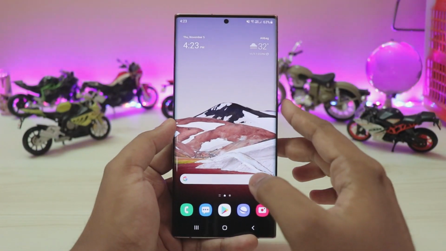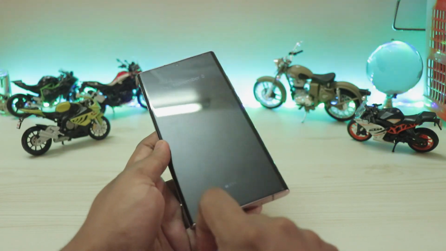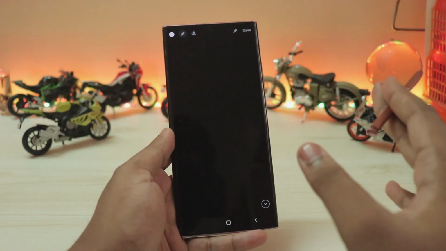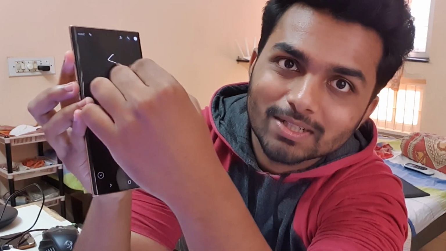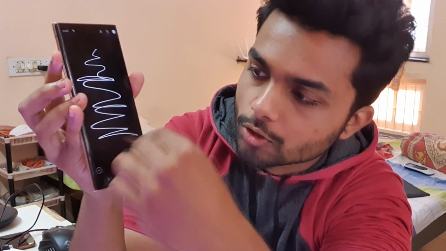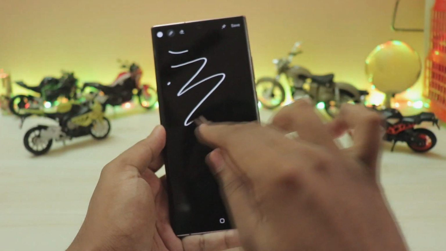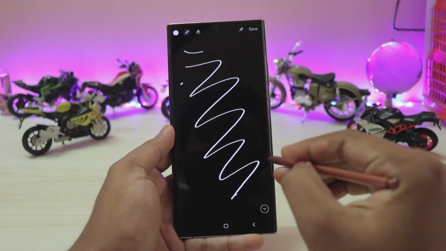And then coming down to the S Pen, not a lot of changes right over here, but the sensitivity is far better. I did 1 month of usage with this phone and I have still not edited it, but the sensitivity is far better when compared to beta 1. In beta 1, even though you had the S Pen completely touching the display, it just wouldn't recognize it, at least if you put pressure on it. But right now, as you can see, it's working completely fine. The latency is really good. Oh, it missed right over there again, but that's just my crappy screen protector, which is factory fitted.